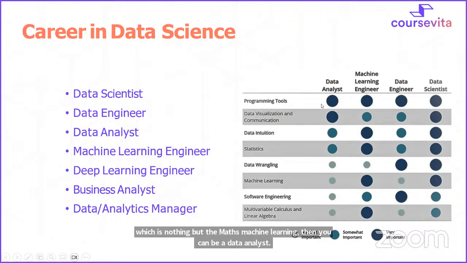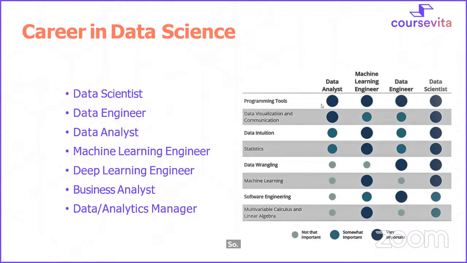So it's better to learn all the skills, and then in your further career you can choose different paths also. If you stick to only one particular role, let's say I want only data engineer, you will learn only a few skills and then you will be in that particular domain only.